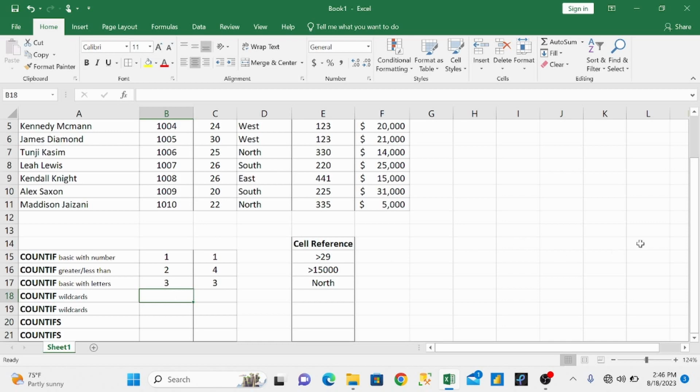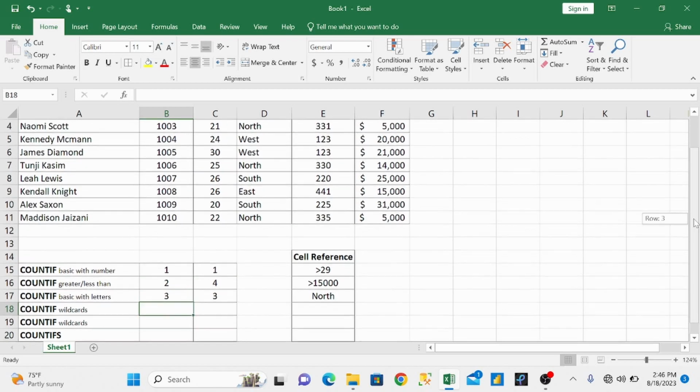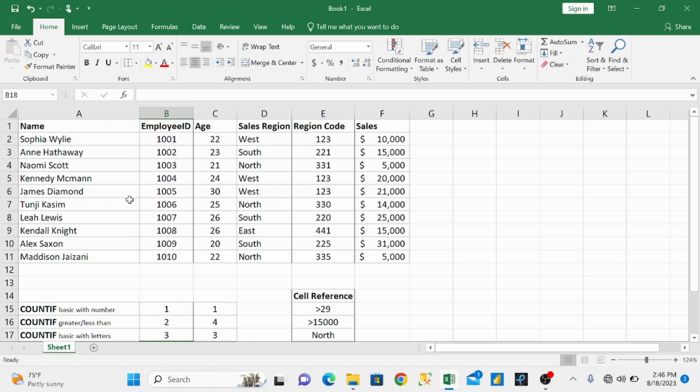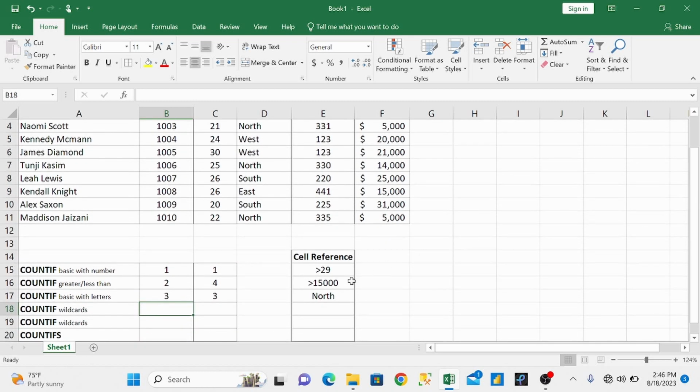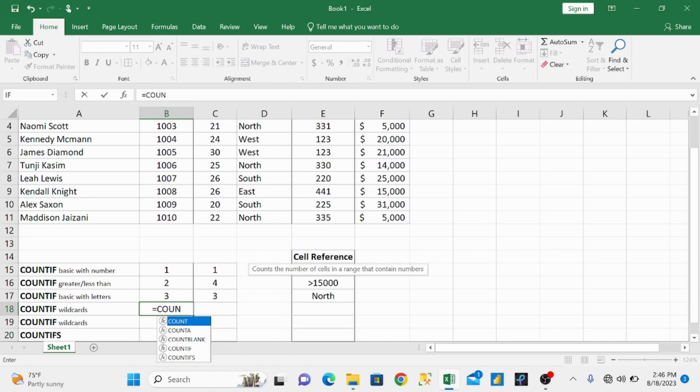For example, in case you don't understand that wacky explanation, I'm going to look at this names list, and I want to find how many of their names start with A. So COUNTIF, range,